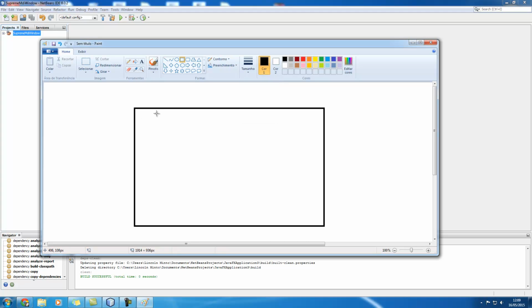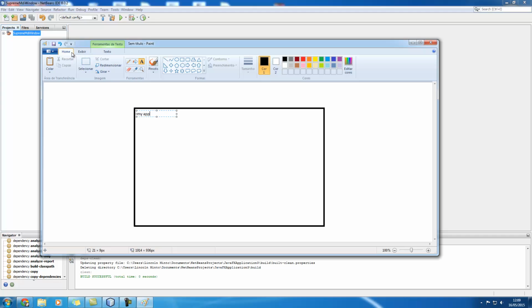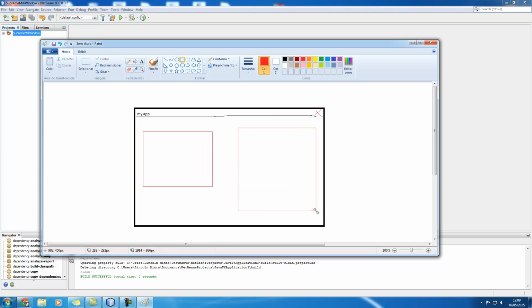So this is your app, my app. Okay, my app. What we want to do is create windows inside this main window